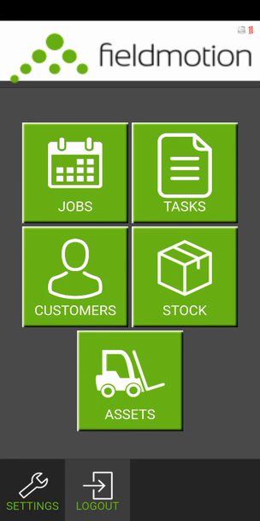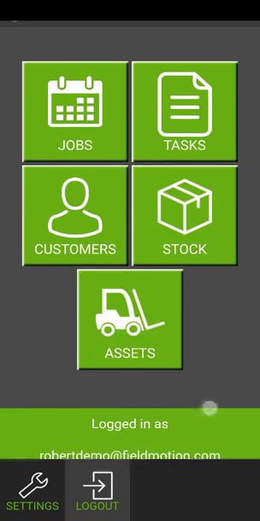In today's demonstration we're going to cover how your engineer can pull up asset information, i.e. the likes of if you sent them out to service a boiler or a system or a piece of machinery, how they can scan a QR code, pull that information up on their device and it will show them any asset details. So firstly, you send the job out to your engineer, they come in the morning, they click on